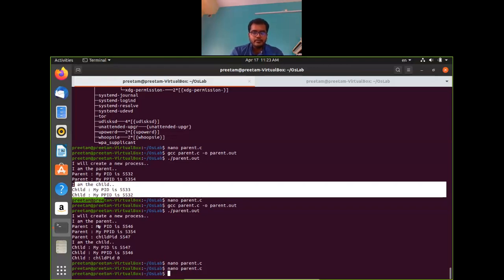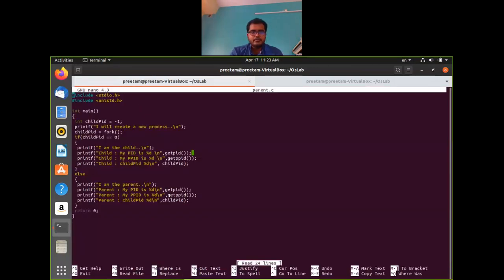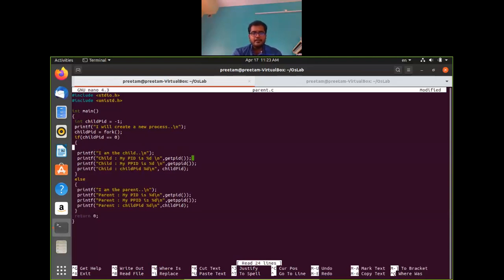So what we will do now is modify this program so that both of them run in a kind of infinite loop. If we run it in an infinite loop, we can then see that the outputs are coming in an interleaved way. So let us write an infinite loop on top of it. So while 1 and then